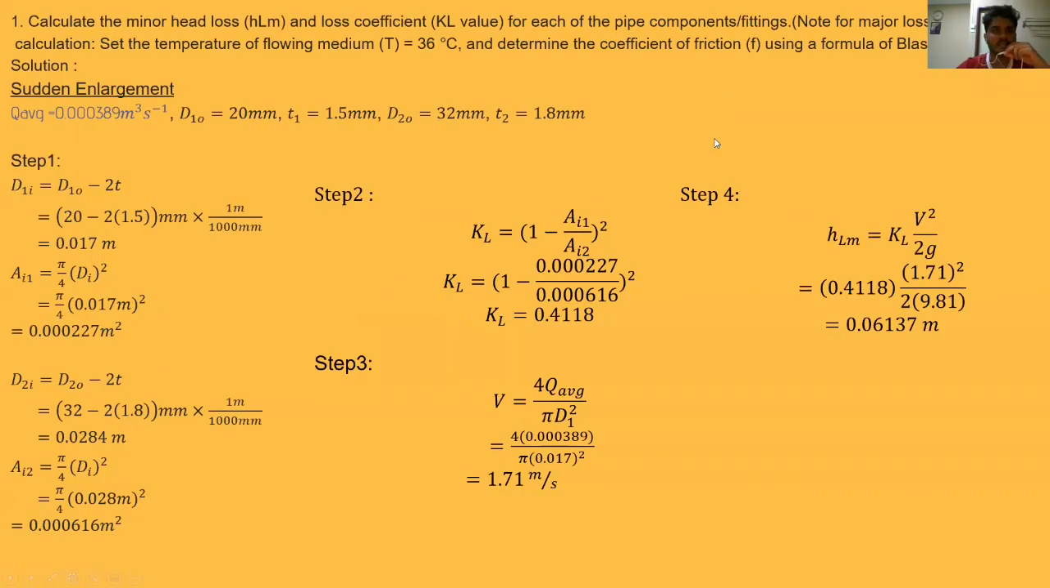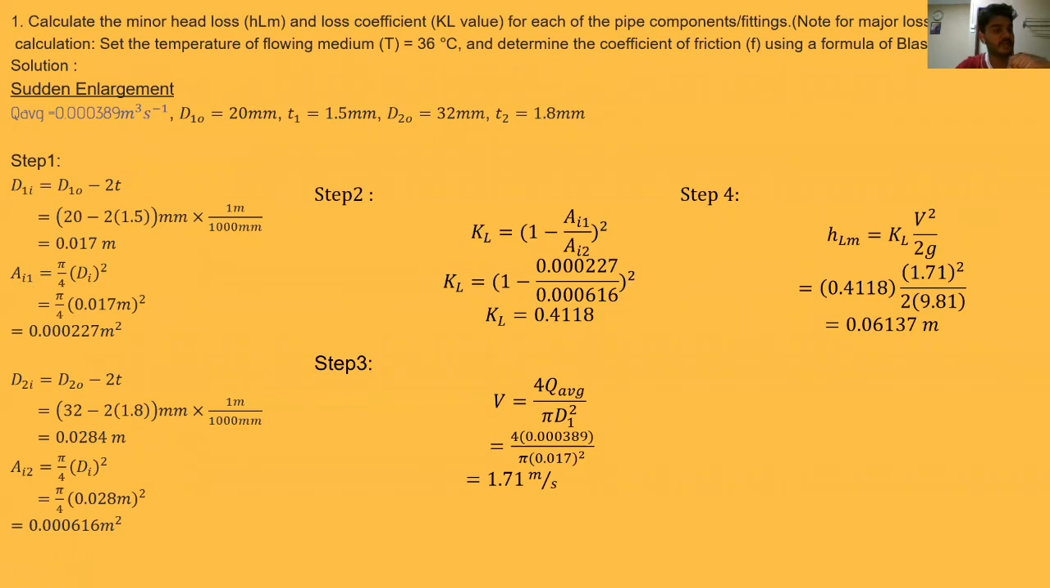Okay, now I'm going to explain the discussion. Our first discussion will be to calculate the minor head loss and the loss coefficient for each of the pipe components of fitting. The Q average is found previously, and all these four values, the diameter and thickness, are already given. We calculate the inner diameter using this formula, and it is used to find the inner